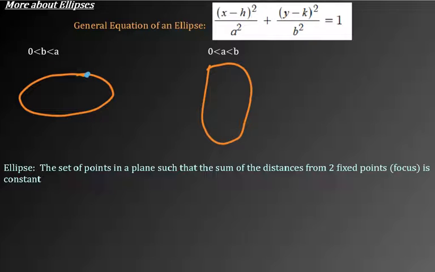The sum of the distances from the two fixed points is constant, and the two fixed points we're talking about are, for this ellipse, roughly here and here, and for this ellipse roughly here and here, but basically these distances are the same. So if you literally add up that distance,